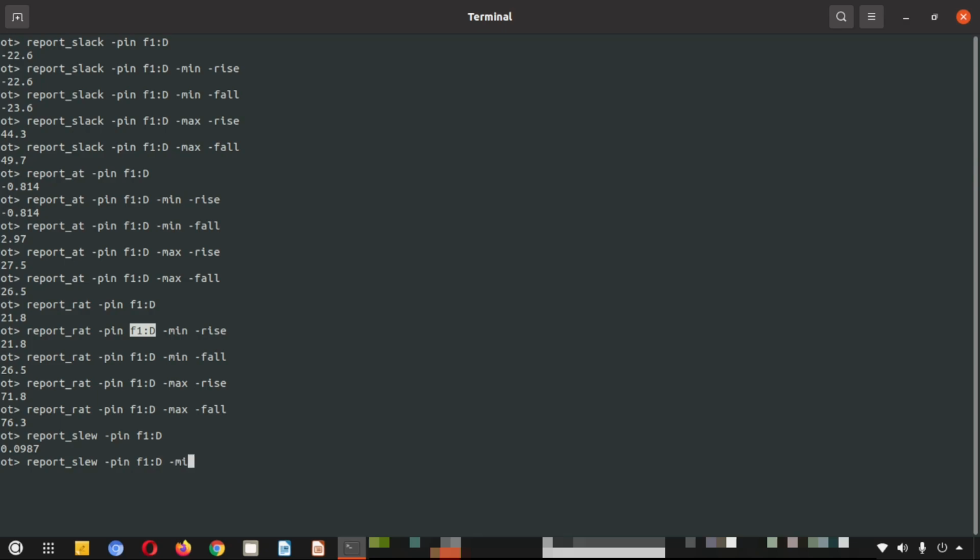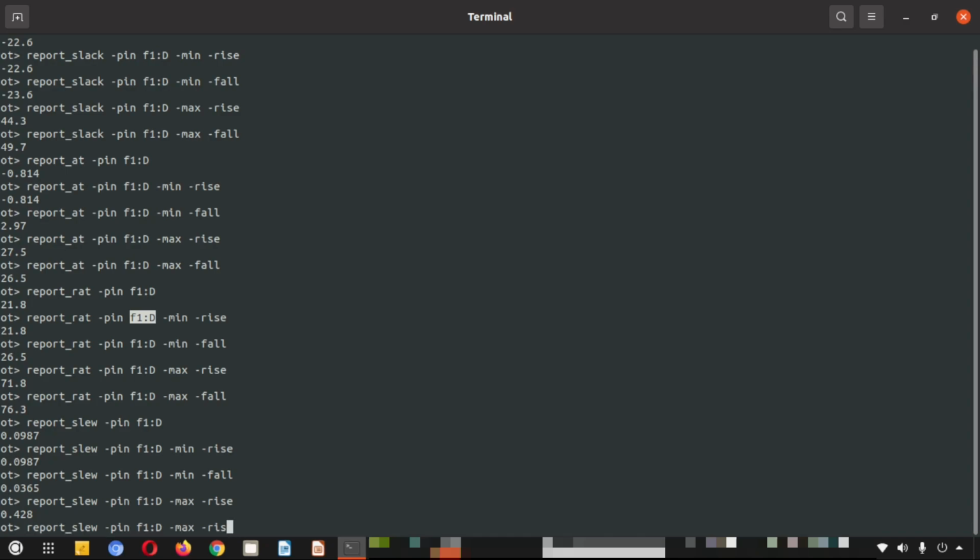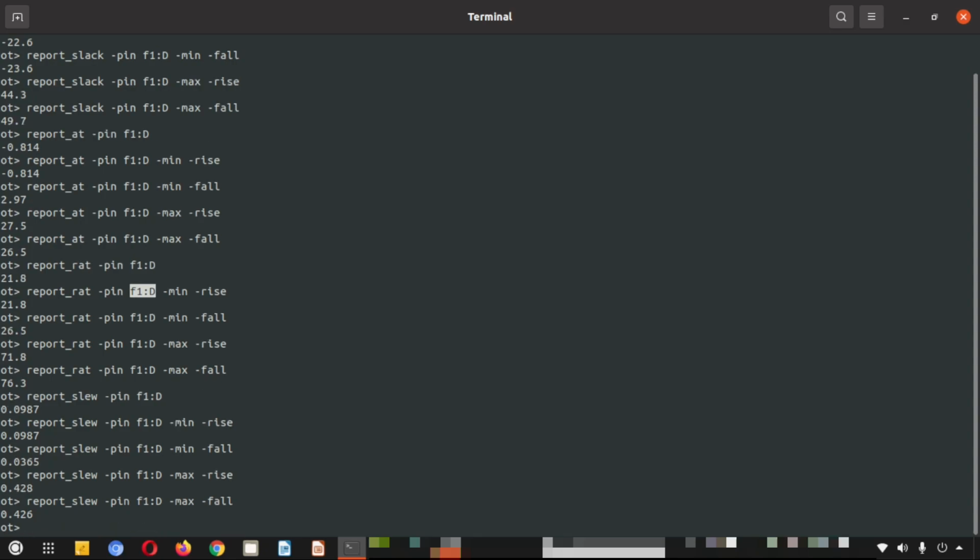And I am adding min rise, min fall, max rise, max fall. So you can see that I have also analyzed the slew for this particular pin, and these values are different from each other.